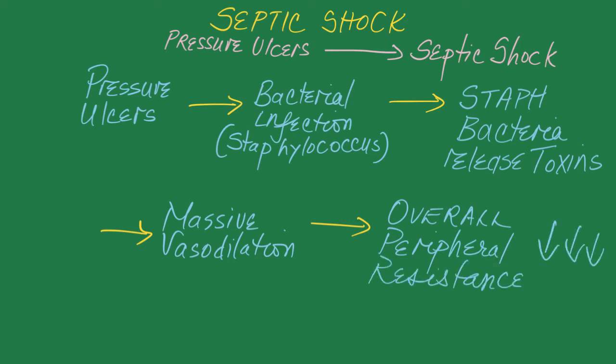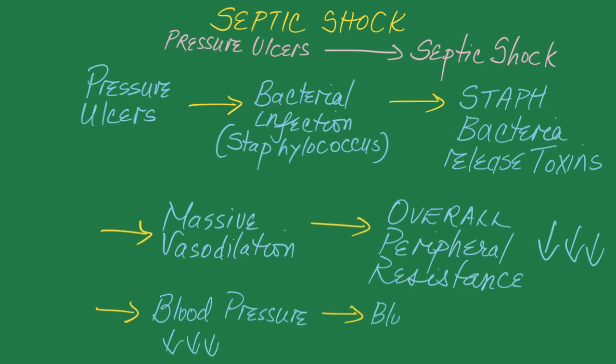And when this happens, it results in blood pressure going down. So there is a severe drop in blood pressure because there is a severe drop in peripheral resistance. So when the blood pressure goes down, there is not enough pressure to pump blood to the vital organs, resulting in